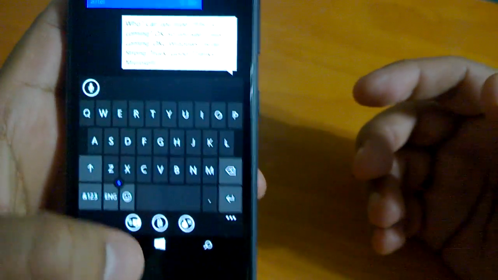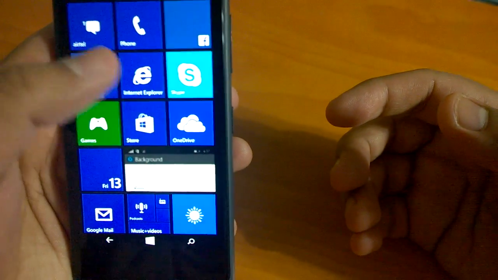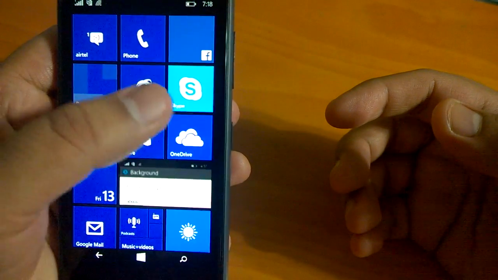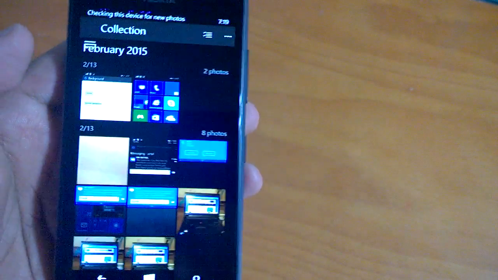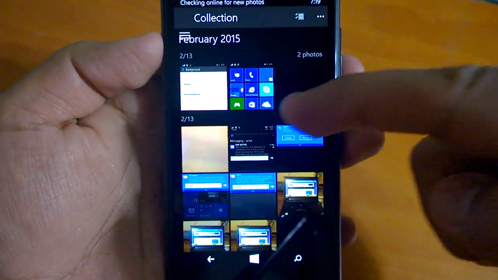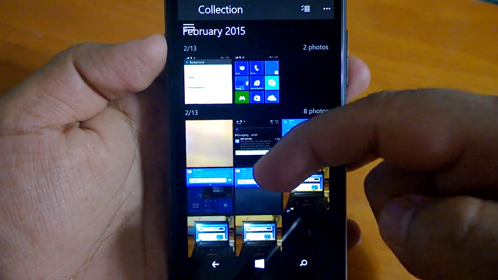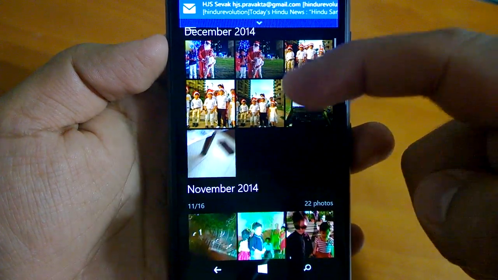Okay. Now coming to some native apps, one of the most important changes I think in native apps is in Photos. If you go to the Photos app, what you will notice is that the camera roll photos or screenshots and the OneDrive images both now appear here.